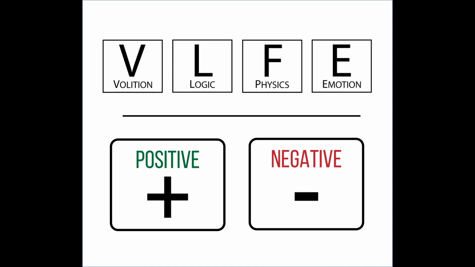We have 4 main aspects of reality. We've got volition, logic, physics, and I know I use F for physics because I wanted it to be phonetically accurate. Coincidence being phonetics is also PH, but we can also think of the F to represent foundation for those of you who it confuses or makes angry. Then we have emotions as the 4th. Attitudinal psyche breaks down the positive and negative attitudes we associate with each.